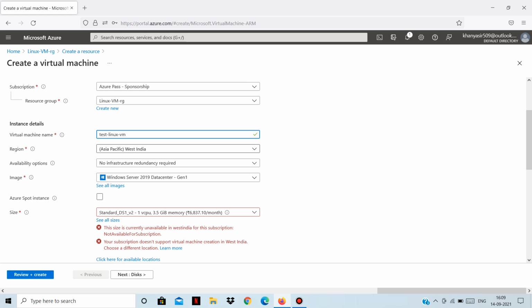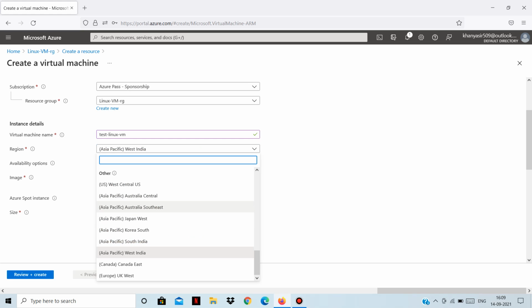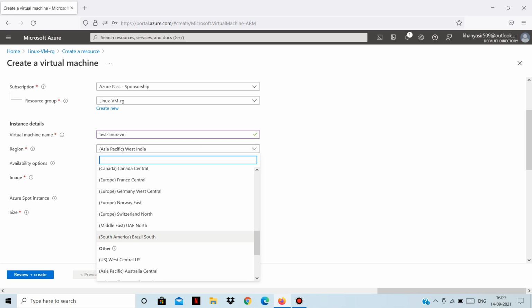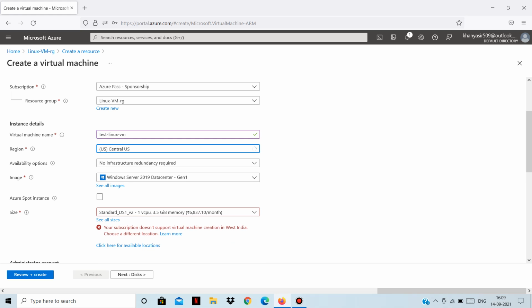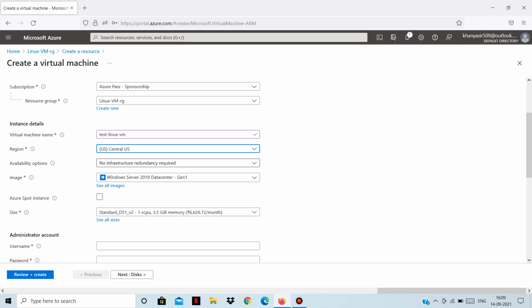Okay, so we need to select a different location. Let's choose Central US. We don't need any infrastructure redundancy because this is just for testing. It's not for hosting a production workload.